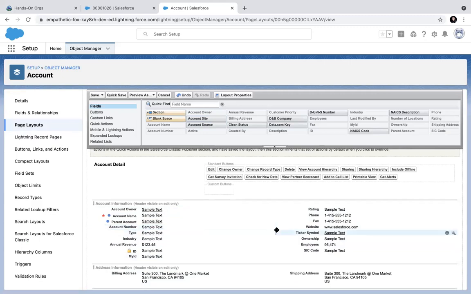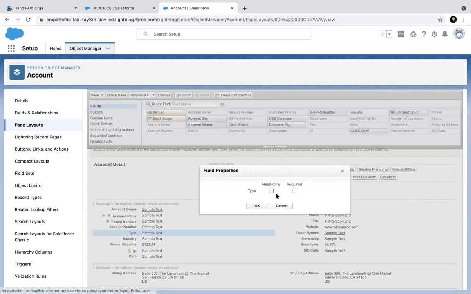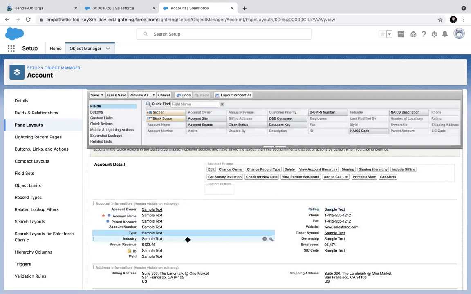You can also make a field editable, read only or required. But this is not field security, or it is not security, because it is applicable only in that layout. In Workbench, it is not read only. You can go and use the update feature of Workbench and you can modify the value of this field.